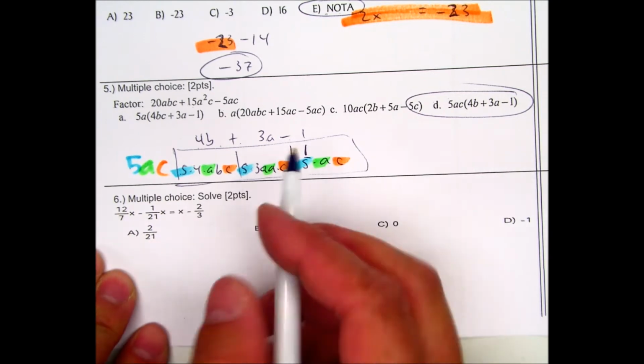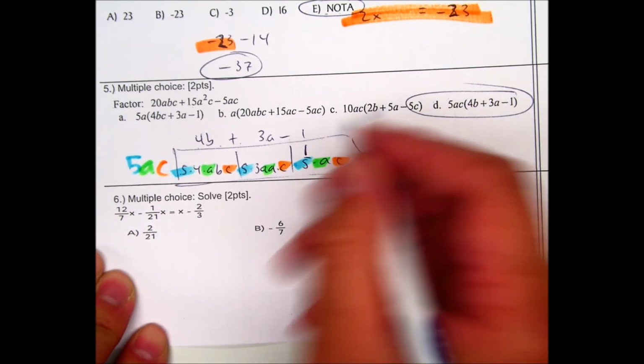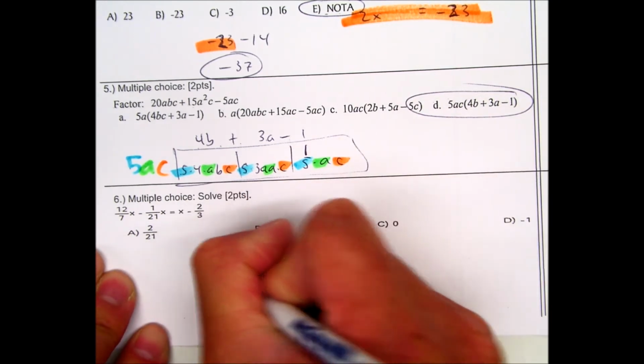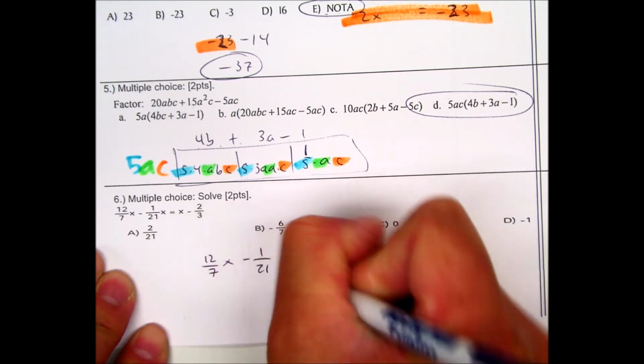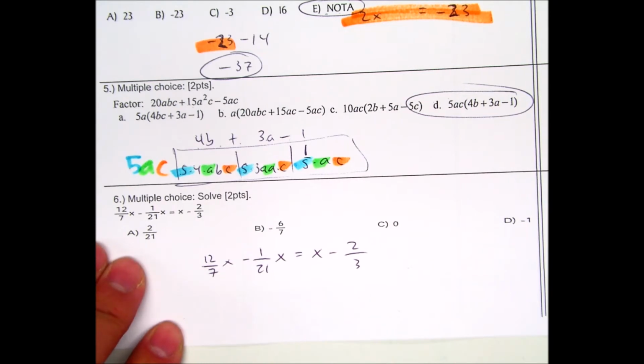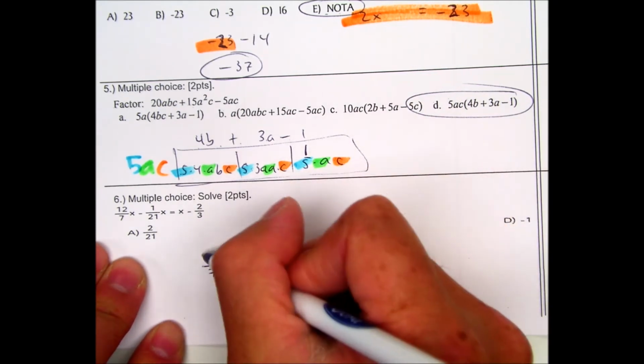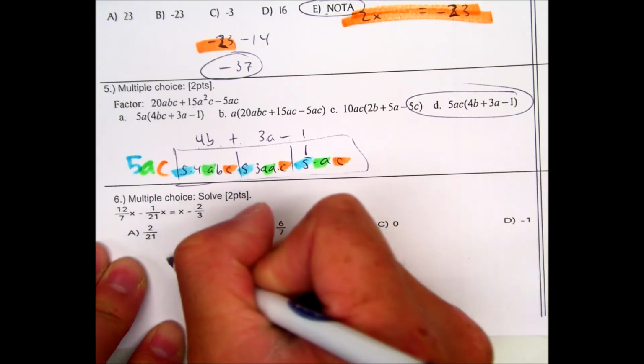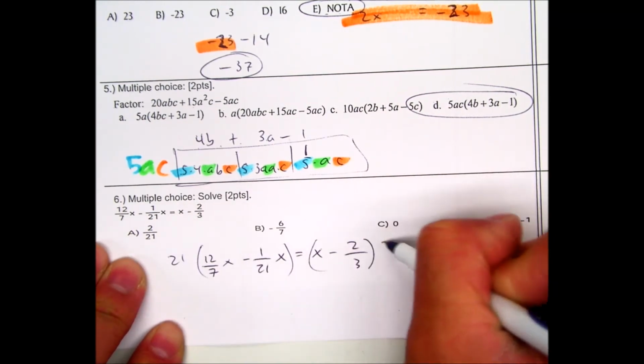Question number 6, multiple choice. So I have this fraction. I'm not liking this fraction here. I want to clear the fraction. And I can do that by multiplying by its lowest common multiple. The lowest common multiple here is actually 21. If I multiply by 21 here,